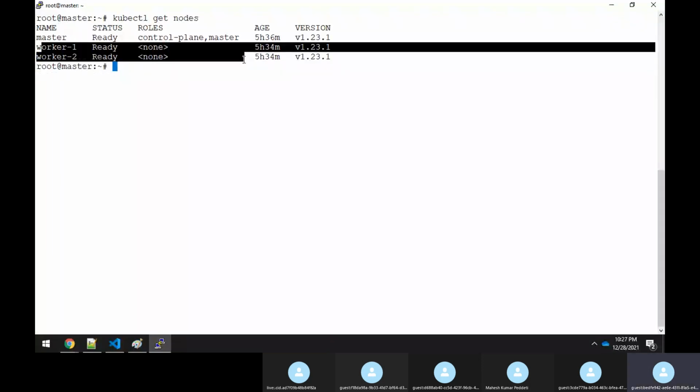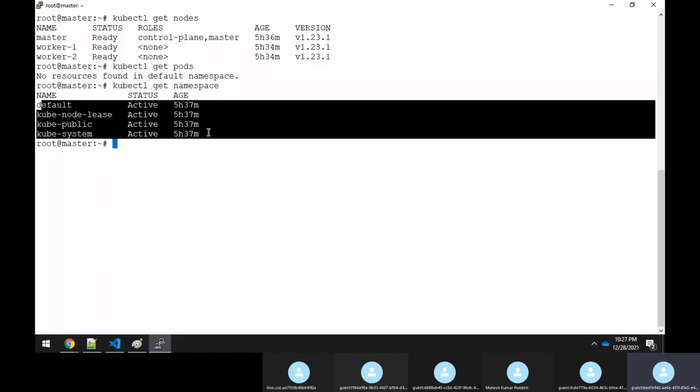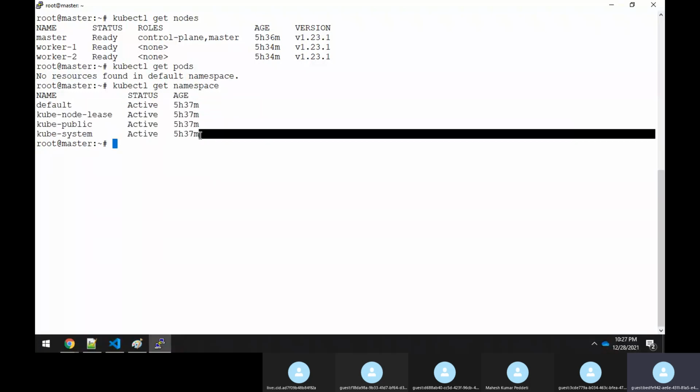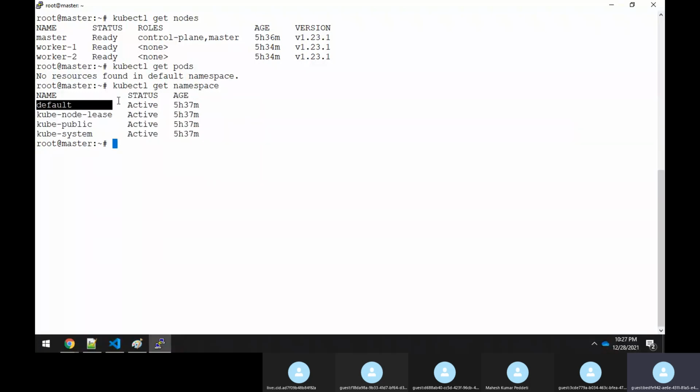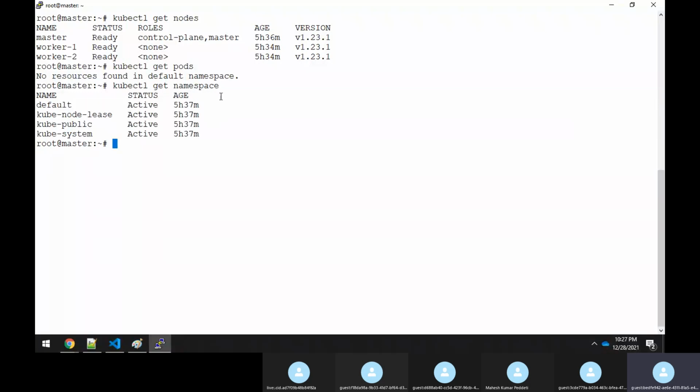Let me check if any pods are running. kubectl get pods, no pods are running. Let me even check what namespaces I have. Get namespace. We already know how to check a namespace. Here you could see that we don't have any other namespace apart from the system namespaces and the default namespace, which are provided by Kubernetes itself. Everything is fine over here.